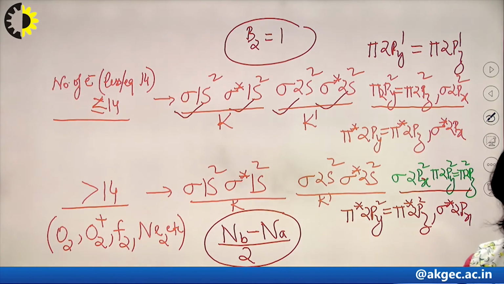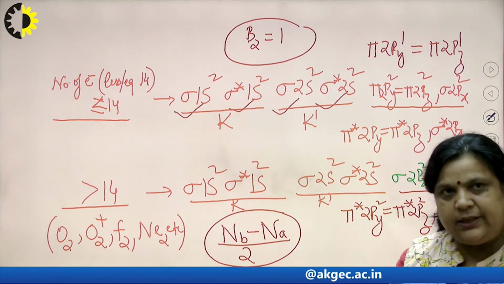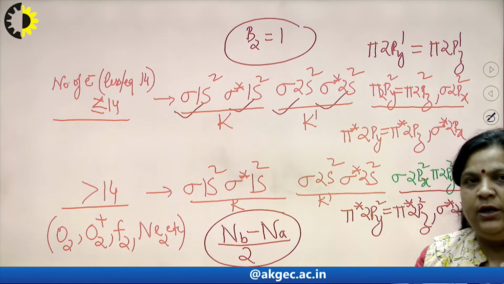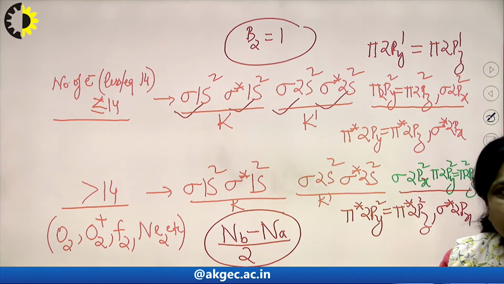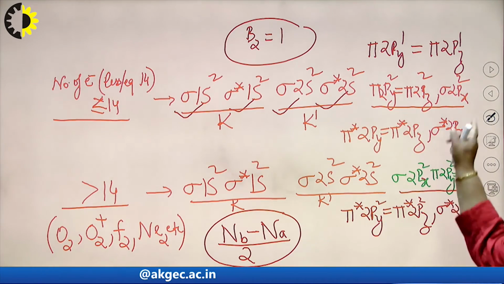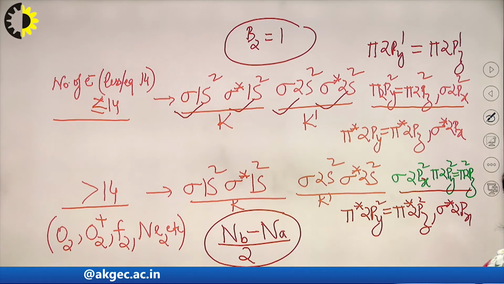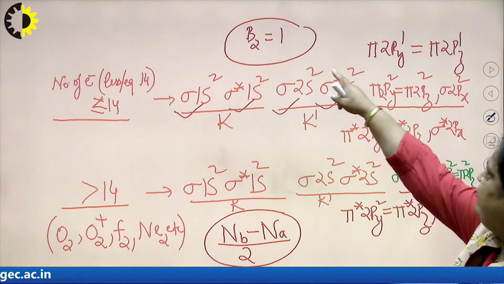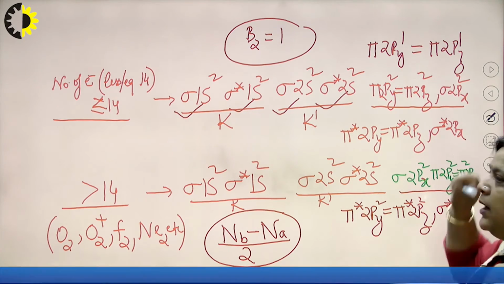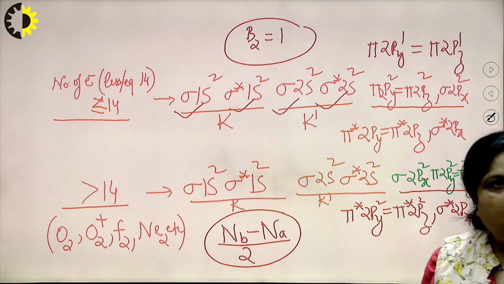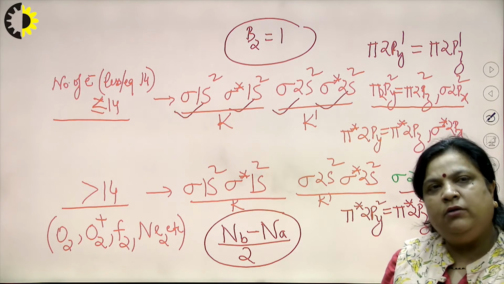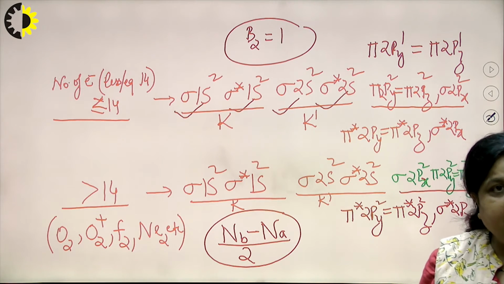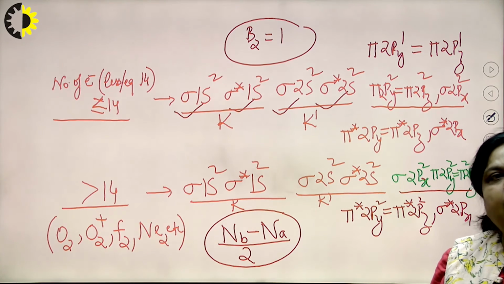Suppose in the case of N2, since nitrogen is always bonded with a triple bond to another nitrogen, the bond order of N2 must be 3. Now, with the help of this configuration, we can also predict the magnetic behavior. In the case of B2, there is an unpaired electron, and if there is an unpaired electron, we can say it is paramagnetic in nature. So, B2 will be paramagnetic.